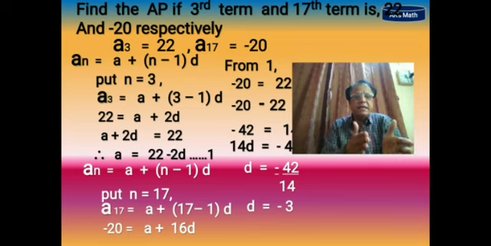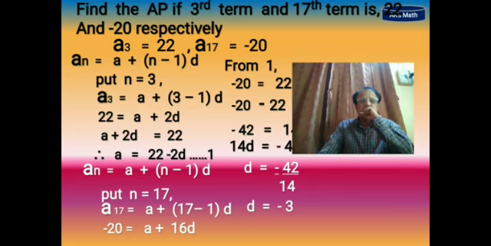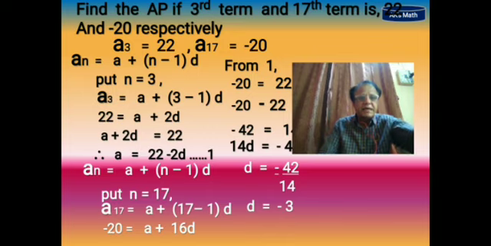D जो -3 है, इसको उठाने का है और एक नंबर में बिठा देने का है. One number, what is our one number? Look at the one number on the screen. A is equal to 22 minus 2D. उसमें हमको ये -3 को फिट कर देने का है. Let's see it now. What will happen after doing that?